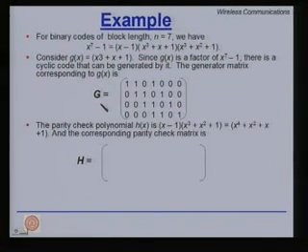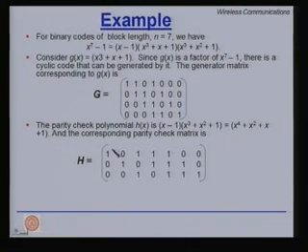If you know G, you can also find out the parity check matrix. This is nothing but whatever is remaining. If you multiply x minus 1 with x cube plus x square plus 1, you get this one, and this corresponds to the coefficients of the parity check matrix. The number of rows is n minus k, which is equal to 3, and the number of columns is n, which is equal to 7. So, this is the G and the H matrix for your cyclic code.